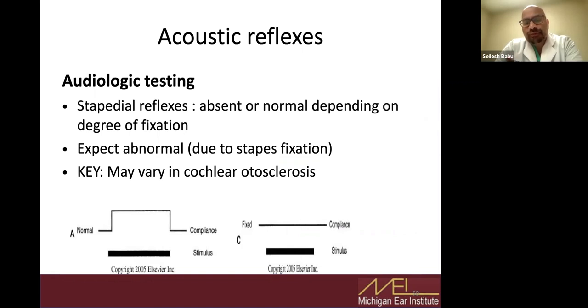You put the noise in, you get this reflex, it decays a little bit, and then it stops, and you can measure that. So if you have a fixed ossicular chain or you have conductive hearing loss, you shouldn't be able to stimulate the reflex, so you should get an absent reflex in most scenarios with a conductive hearing loss. And so if you had a patient who had a conductive hearing loss and had intact acoustic reflexes, you'd wonder, well, that's weird. Is there something else going on in the inner ear? Is there something in the superior canal that needs further